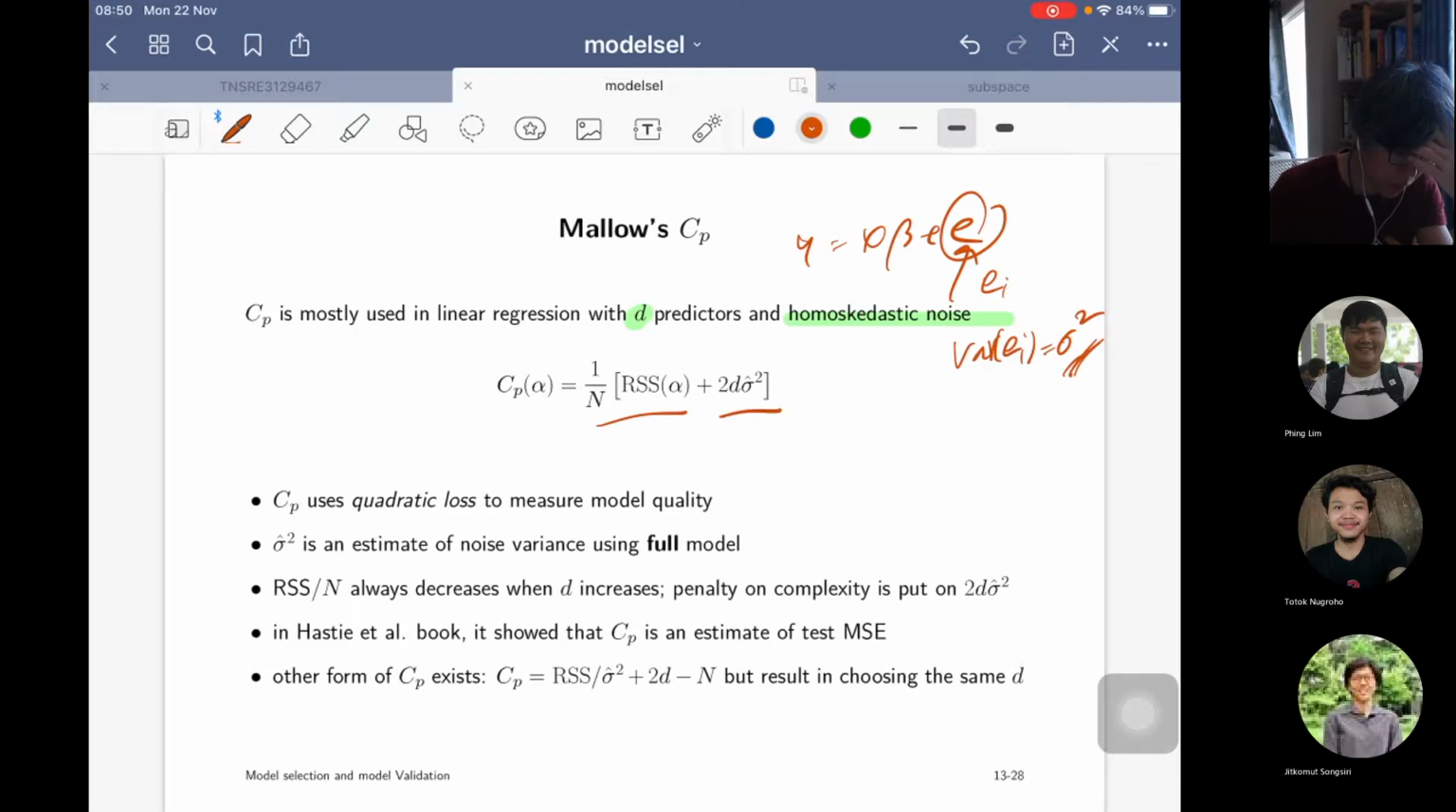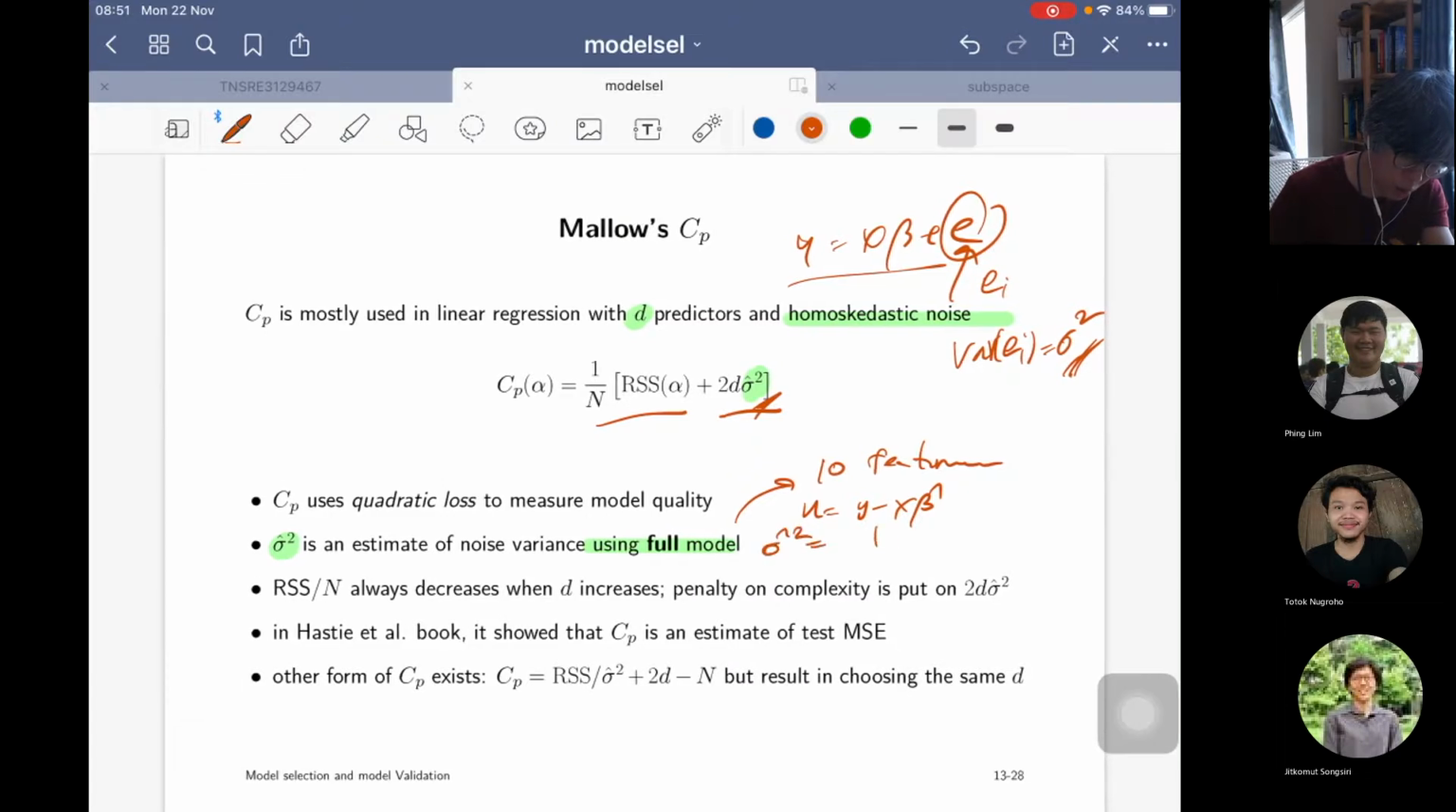But with a little detail here: the sigma hat square used in CP is an approximation of the noise variance using the full model. Suppose your full model has 10 features, 10 predictors. You use all those 10 predictors in the linear regression, compute the residual,